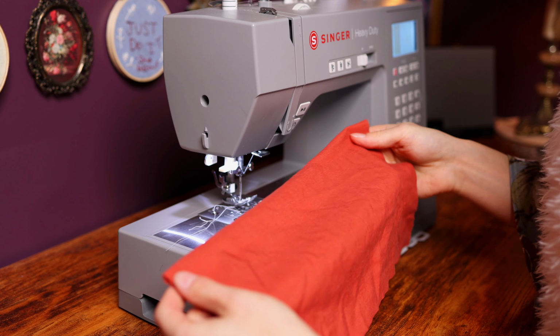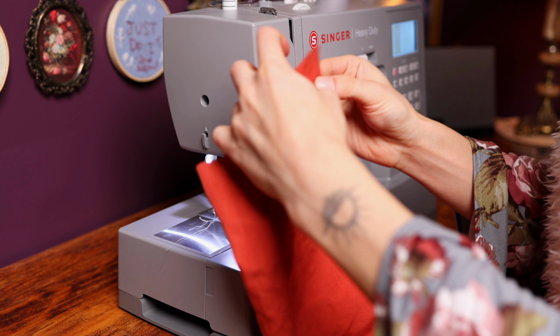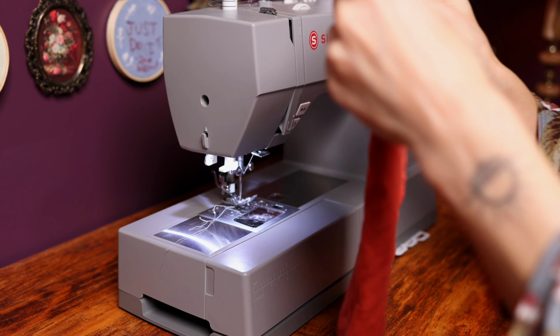Over at our machine, you're going to take your square and fold it in half. It doesn't have to be perfect. When you start out,